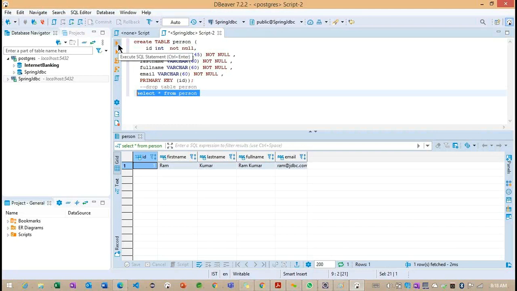Now observe the ID we gave as 1, first name Ram something Kumar, Ram Kumar, and email. Getting the point? So this is the way we can connect our JDBC to integrate our data into the database here. So any questions regarding our JDBC template?